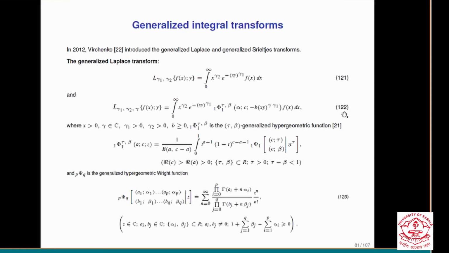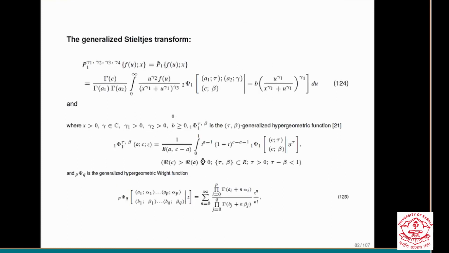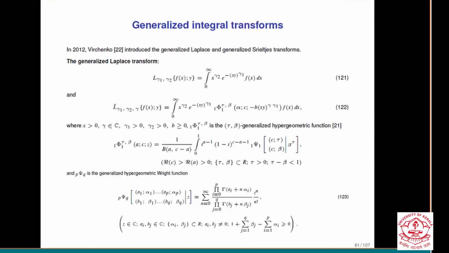And she also imposed a condition. This is the tau beta generalized hypergeometric function of 2F1. So this is 1F1, this is tau beta. Basically, this is some confluent hypergeometric type function. So this can be put into this form, and this is your result. So it means the generalized PFQ type function. This is defined like this. So here 1F1 and here PF2. So 1F1 means one in the denominator and this one in the numerator. So finally,